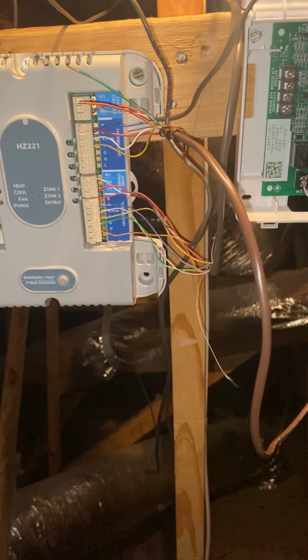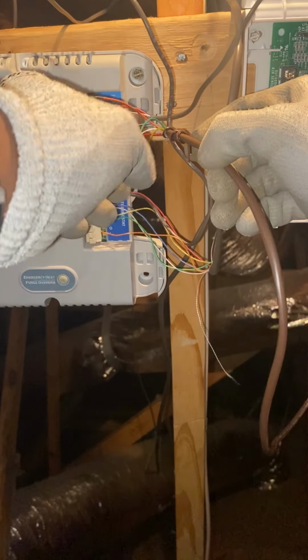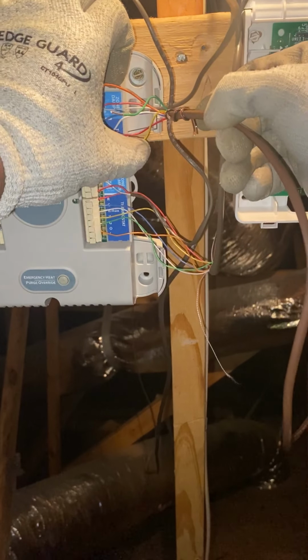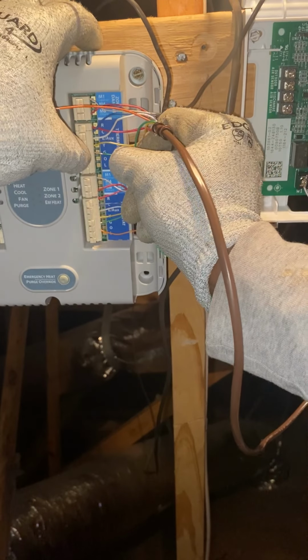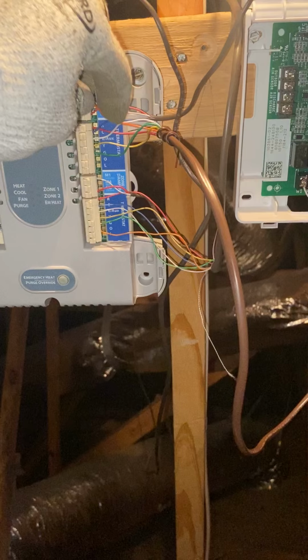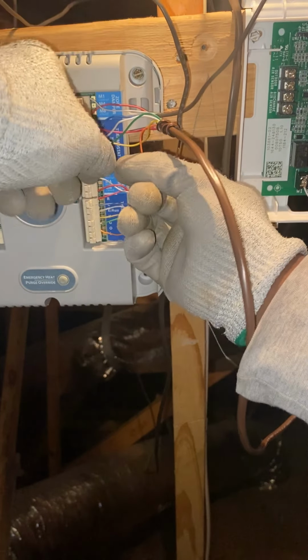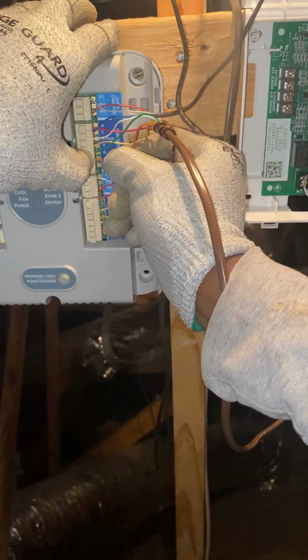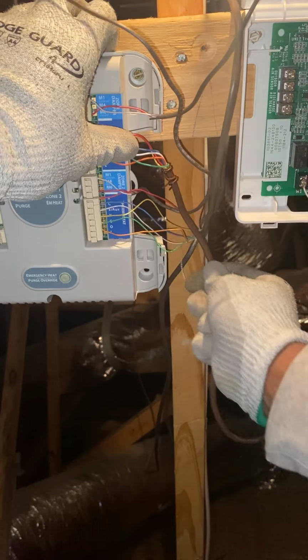All right, so where were we? Let's get our green wire down here. It's gonna go to our G terminal, which is the fan. And last but not least, we have our O, which is the reversing valve, and that's gonna go, orange wires, and go to the O terminal. All right, so now that all these are connected,